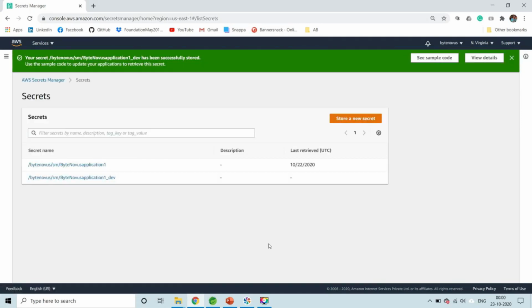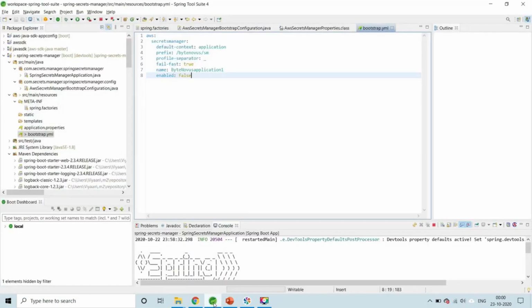So as you can see, we have created two secrets. One is a default profile, and another one a profile specific to dev environments. So basically it is similar to how you have application.properties and application_dev.properties. All right, so now I'll go back to my